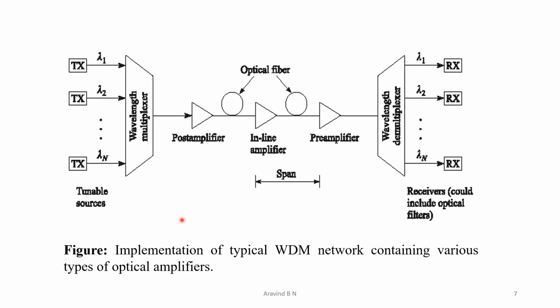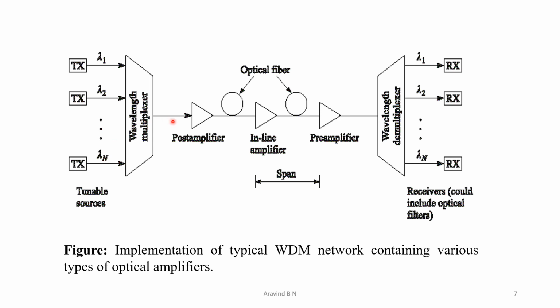This diagram shows a typical implementation of a WDM network. It consists of both active as well as passive components. This part is the transmitter, whereas this part is the receiver. In the transmitter part, we can observe that there are several transmitters. Each of them has a different wavelength, that is lambda 1, lambda 2 up to lambda n. All these are given as input to the multiplexer. This wavelength multiplexer is going to combine all these wavelengths so that they can be placed over a single optical